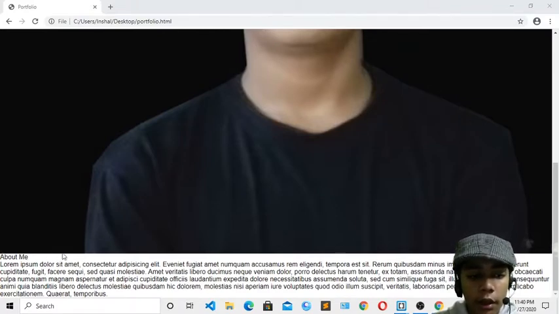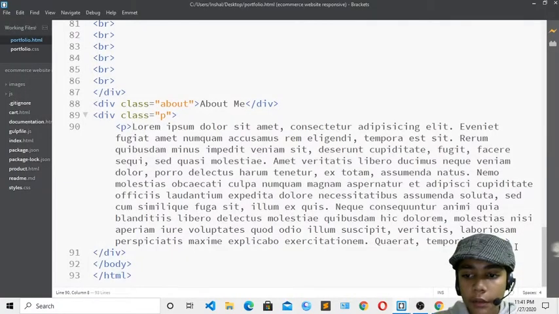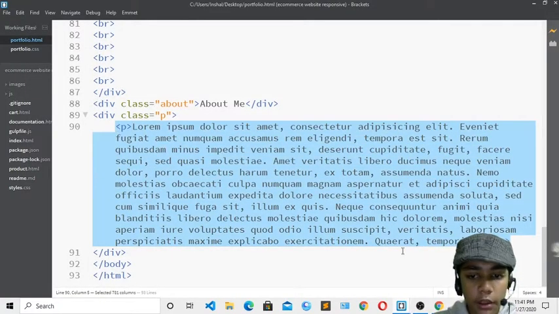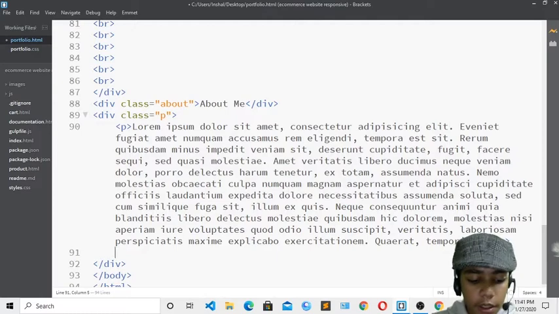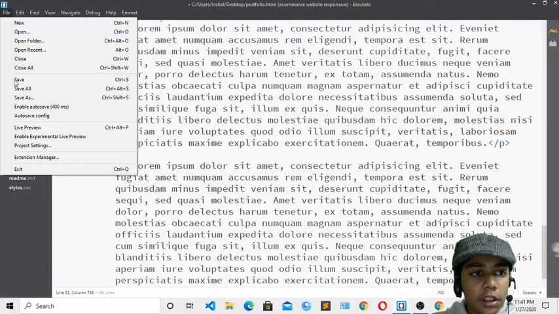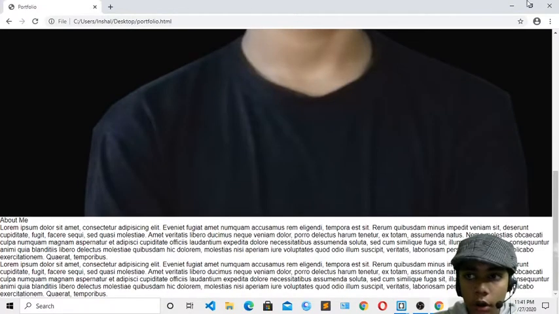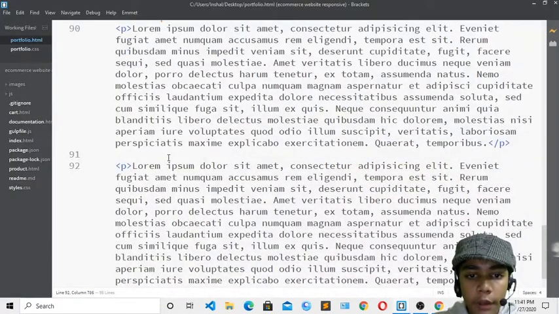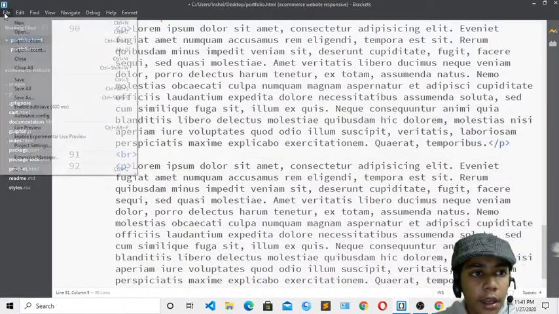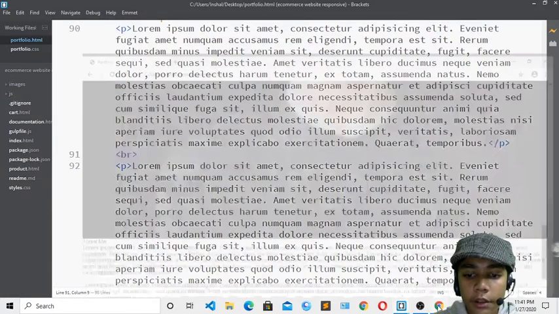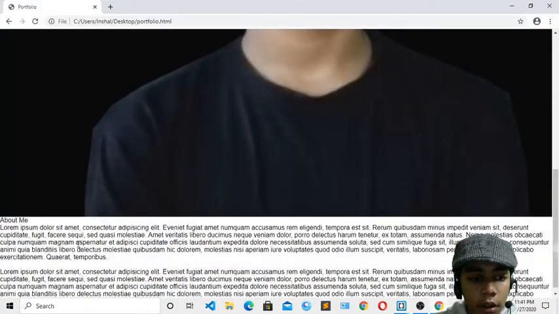Okay, so now I will come over here and copy this, and I will paste that over here. Okay, so I will save, and if I show you, hit refresh. So here you can see how good it is looking. So I will come over here, right over here a br tag, and I will save from here, and I will come over here, and here you can see. Okay, so now it is looking good.